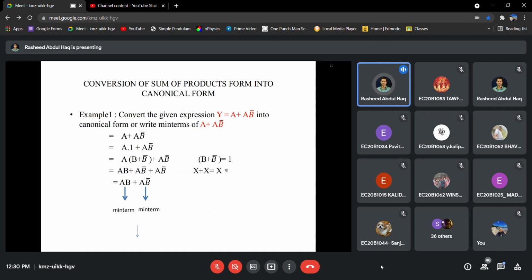Has anyone else written the same? Sir, I got 6 terms and even the truth table is verified, sir. Sir, I got 3 terms. You can write any number of terms, that is possible. That is one thing. Okay, but we need 3 terms and try to verify the truth table.